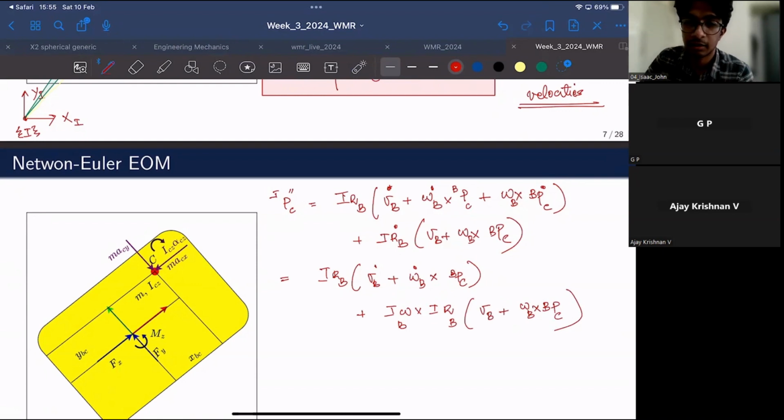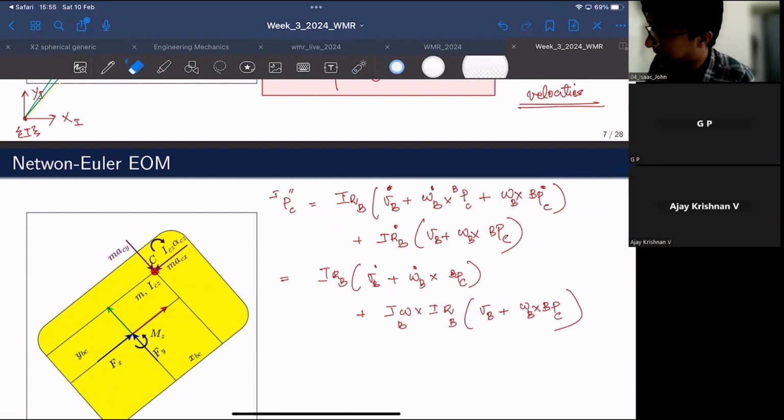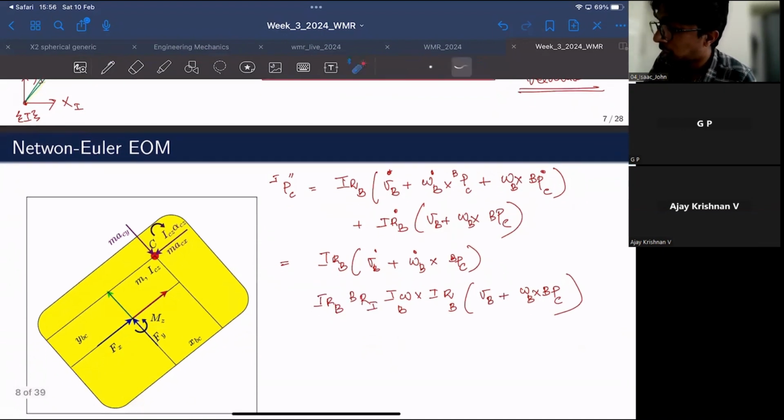And just like what we have done in the previous case, I am simply pre-multiplying this term over here by this R R transpose, because if you do that, nothing is going to change since R R transpose is the identity matrix. So IRB, then BRI with the indices flipped, so both are basically transpose. For all these terms, if I take this IRB as constant, there is an IRB for this term and also an IRB for this term. So if I take IRB common,